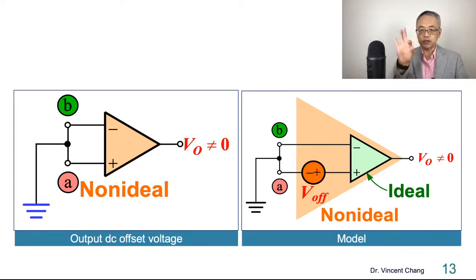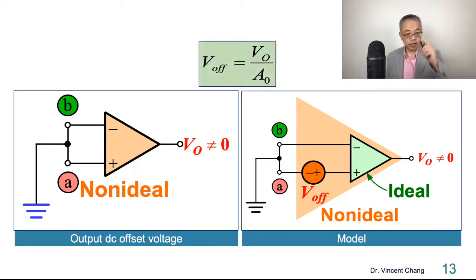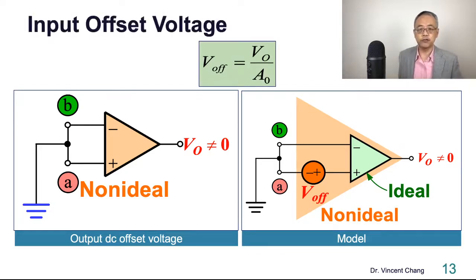So this is the first illustration. I'm actually explaining this equation. That's also the definition of the input offset voltage. Again, let me repeat that. So we think about that VO, the output DC offset voltage is